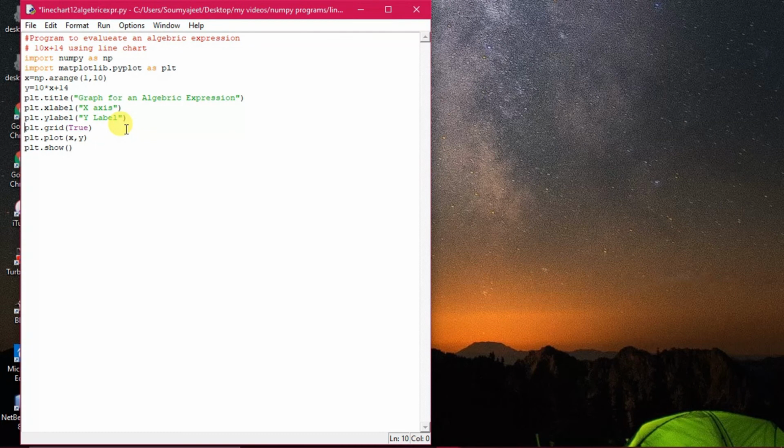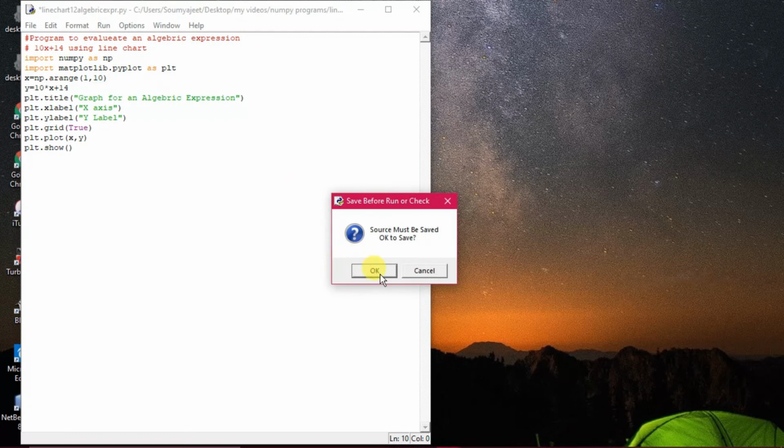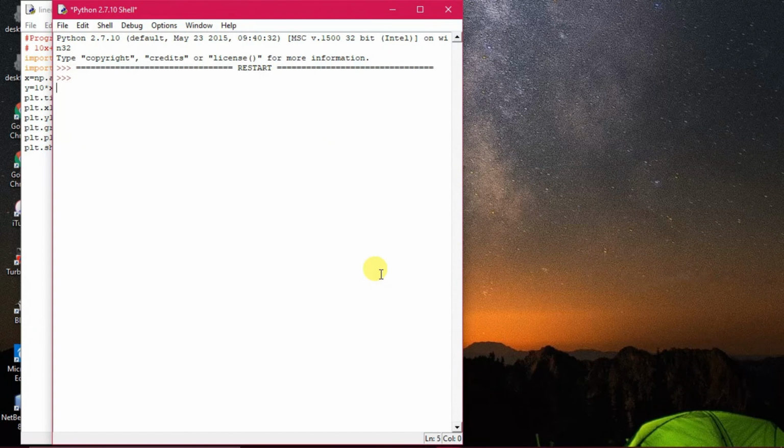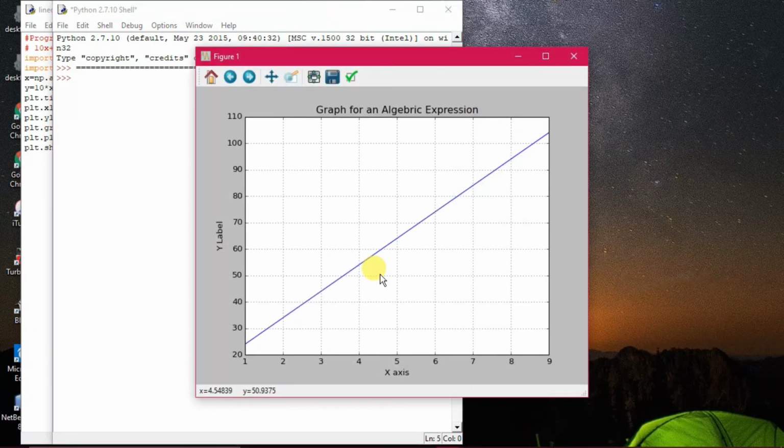Okay, now I am removing once again this one. You see the command plt.grid True. Okay, grid True. Any graph you can keep the grid True. Then what will happen? It will show you the grid. Otherwise, there will be nothing in the graph background. All right. So these grid lines have been shown out here. Horizontal grid and vertical grids have been shown, and then it will be easy to understand from where the line has been passing. All right. Understood. That is the purpose of a grid to be introduced in the line chart.